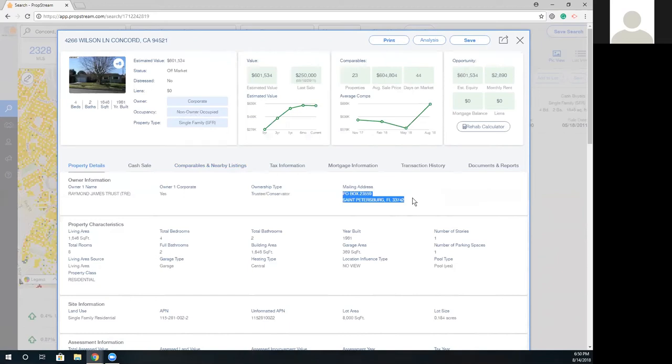The reason I like to look for out-of-state owners is because I'm under the impression that, being out of state, they probably lack knowledge and expertise in the area. So hopefully they'll rely on me and my research, the experience I have, and the leverage I have on them with their lack of knowledge in my area, I may be able to persuade them a little bit easier. All right. So that's how our system works.